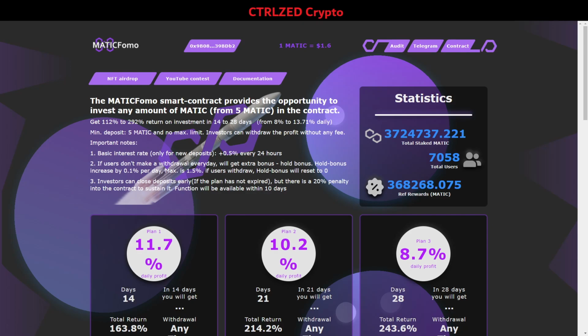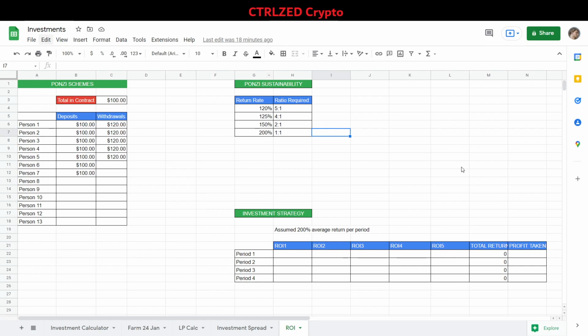But essentially, you have to go on the assumption that these will all collapse, but the return rate is going to mean that it collapses faster. So if you've got one of these apps at 120% return, it's going to hang around for much longer than 200%. And if you've got one at 800%, it's going to crash a lot quicker than any of those. So